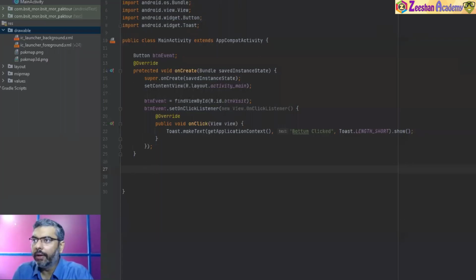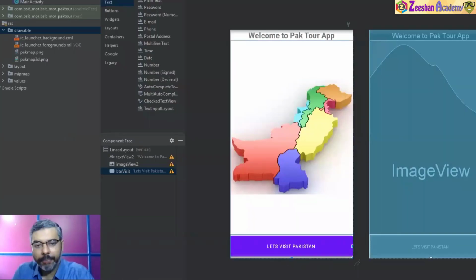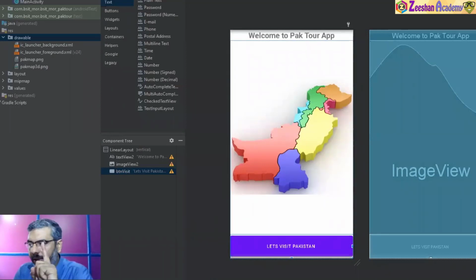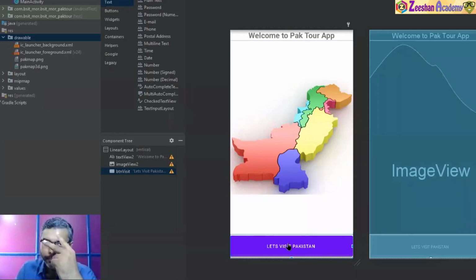Okay, so it's running now. So once it is running, let it run in the background. And what I will do in the meantime is that this is one activity. This is considered as one activity that is being built and run and compiled by our Gradle. In order to click on this button and switch to a new screen, I need the second activity. I need to create another activity. And in order to do that,